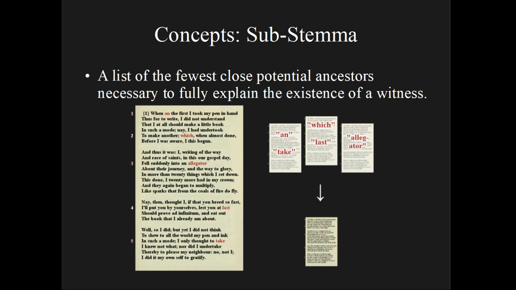One has which and last, and then finally alligator in the third manuscript. But say we could explain this better with two manuscripts than with these three. Say there are two other manuscripts, or one manuscript which has alligator and which and last in it, then,